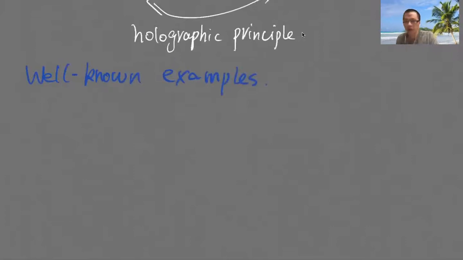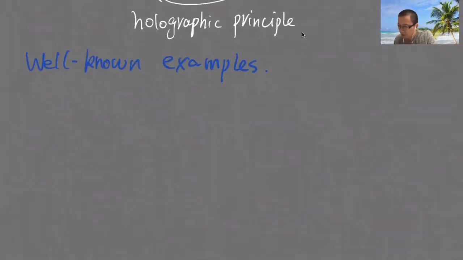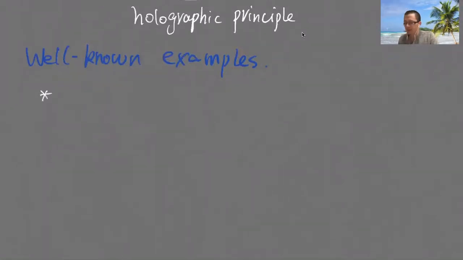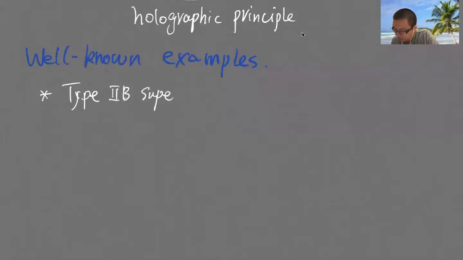The first example, I think one of the best studied examples of AdS/CFT duality, is where on the quantum gravity side, we have type IIB superstring theory on the background of AdS5 × S5,